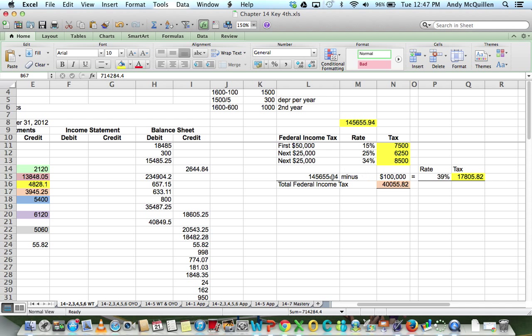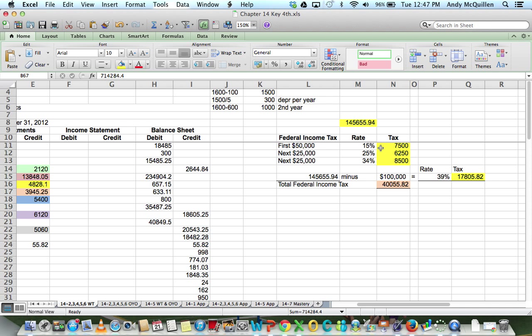So I subtract $100,000 from this, and I know over $100,000 is $45,655.94. That's taxed at 39%. So my tax there is $17,805.82. So I add those four numbers together. That's how I get $40,055.82. Now, just thinking ahead here on your own, your tax is going to be, for example,